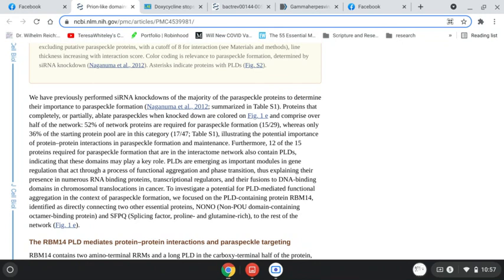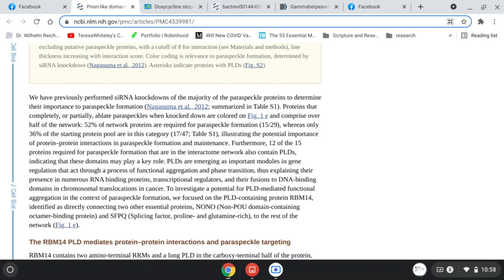Prion-like domains are emerging as important modules in gene regulation that act through a process of functional aggregation and phase transition, thus explaining their presence in numerous RNA binding proteins, transcriptional regulators, and their fusions to DNA binding domains in chromosomal translocations in cancer. To investigate a potential for prion-like domain-mediated functional aggregation in the context of paraspeckle formation, we